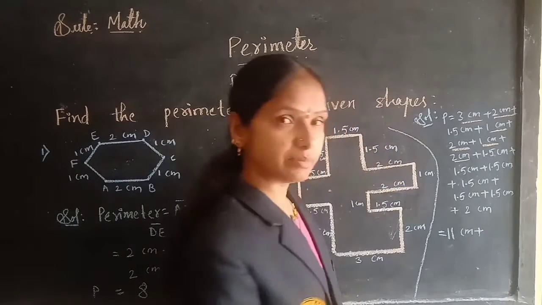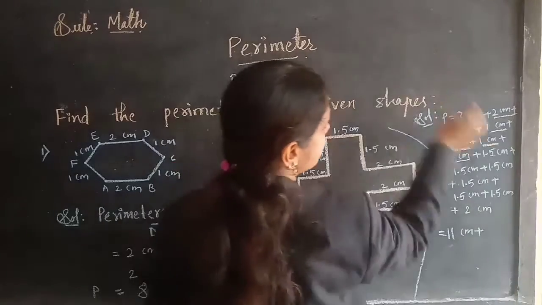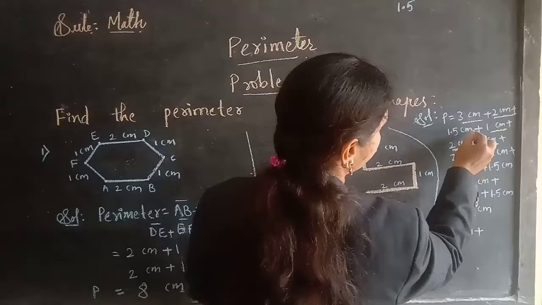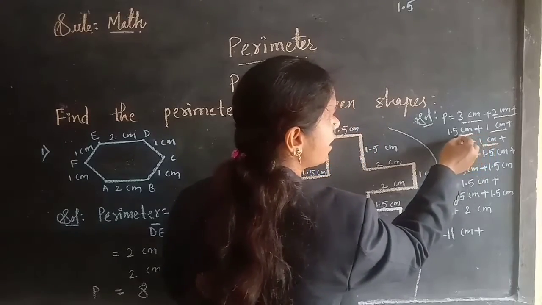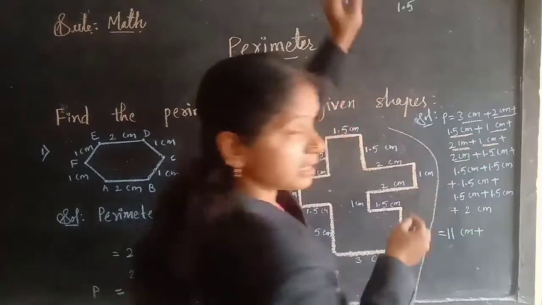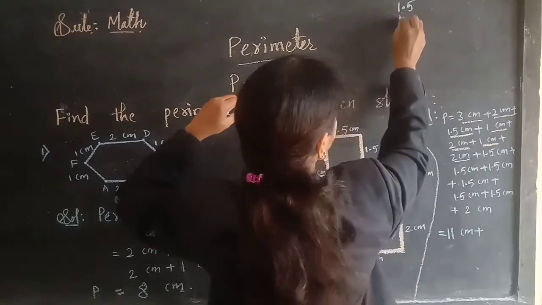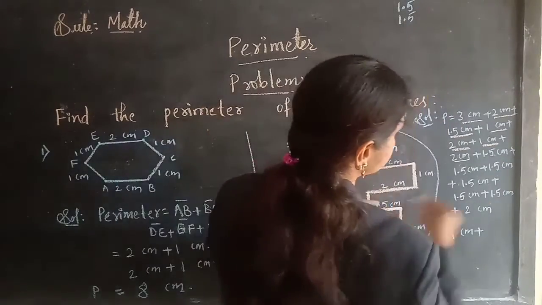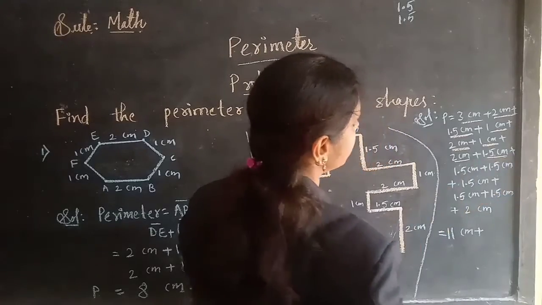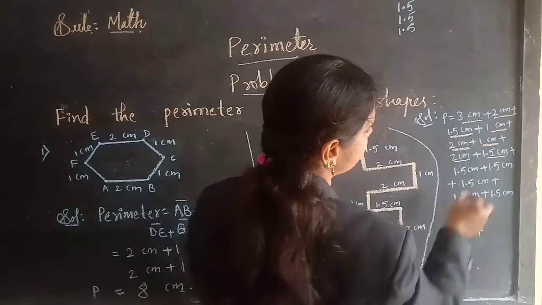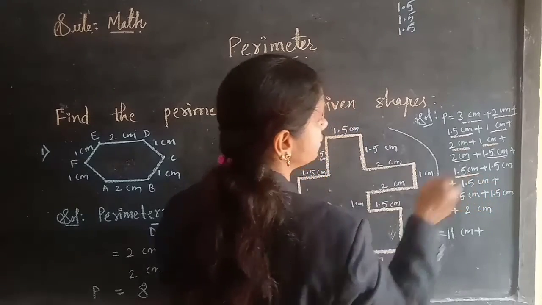Now let's add the decimal numbers. I am taking here decimal numbers. Here 1.5. I'm underlining after writing the number. Why? Because many numbers are there, you will get confused. Okay. And next 1.5 I am taking. And next this 1.5 I am taking. After completing writing that, I am adding here.